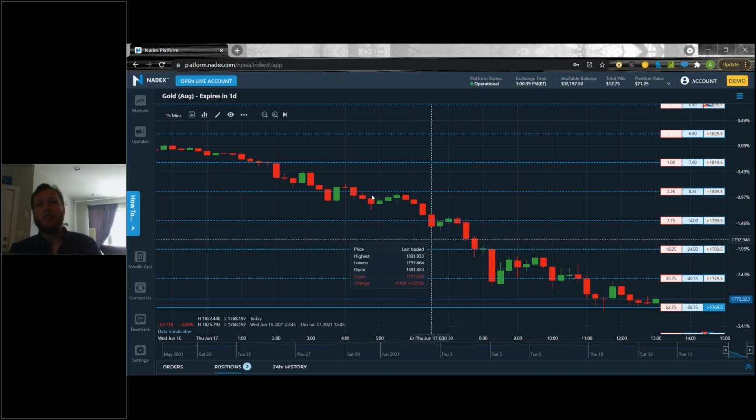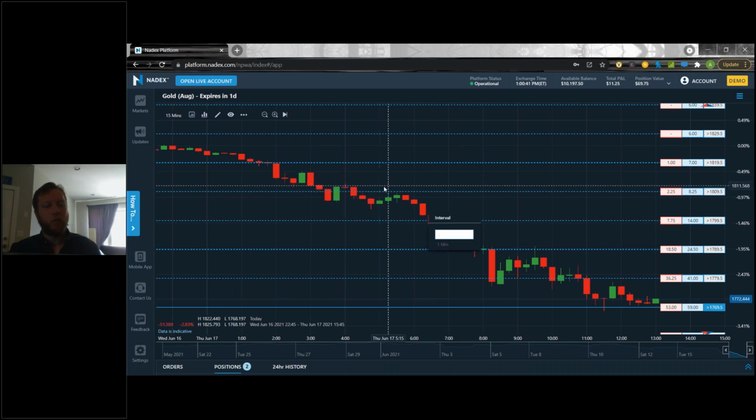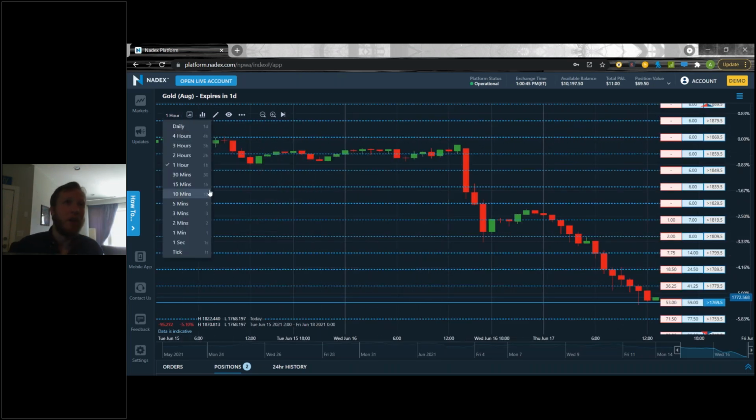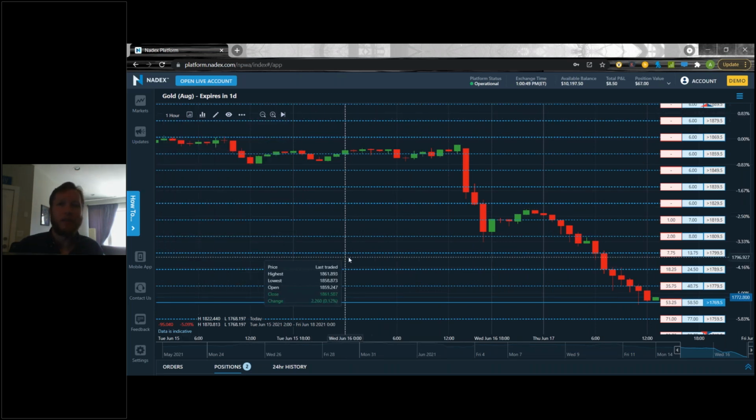So you can actually change it from this little panel here. I can do 1H, and it'll bring up an hour. Just some hotkeys, and if you ever forget them, they are here on the right, the little grayed out ones. So you can use the hotkeys on your keyboard to actually get that up.